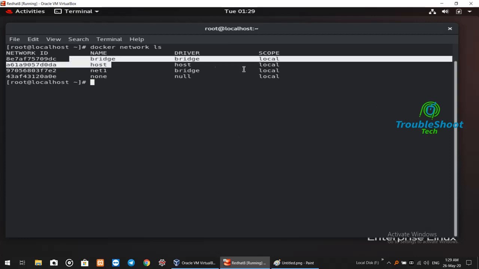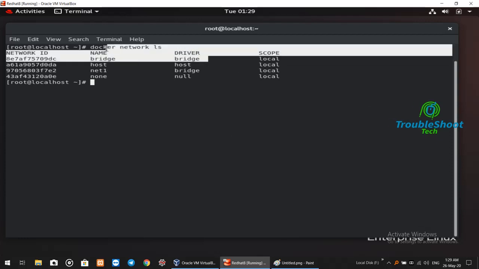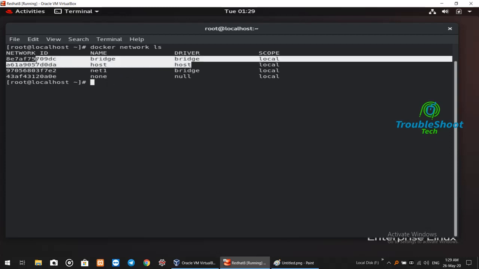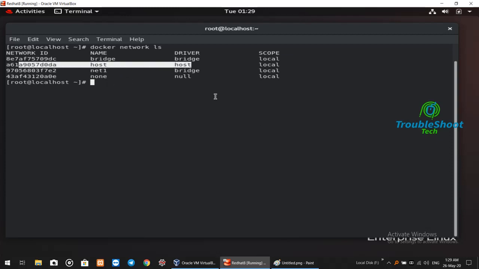We have talked about the bridge, and we have created our own network with the bridge driver. So please go and see through that video. This is an extension of that video. First we'll talk about the host driver, and then we'll slowly move to the natting and